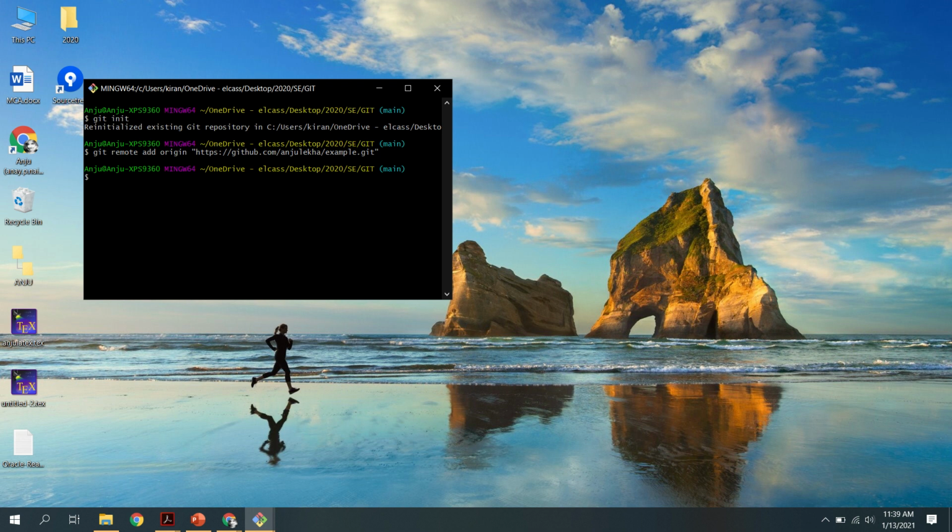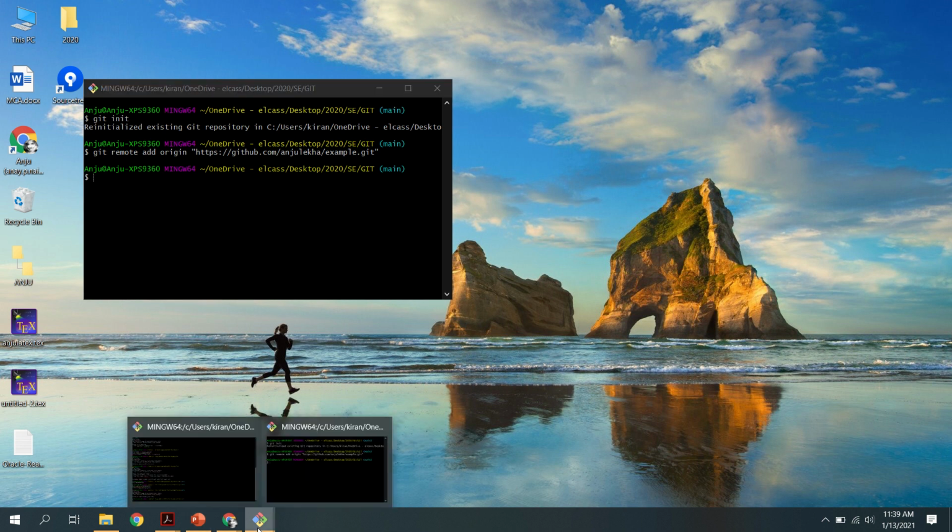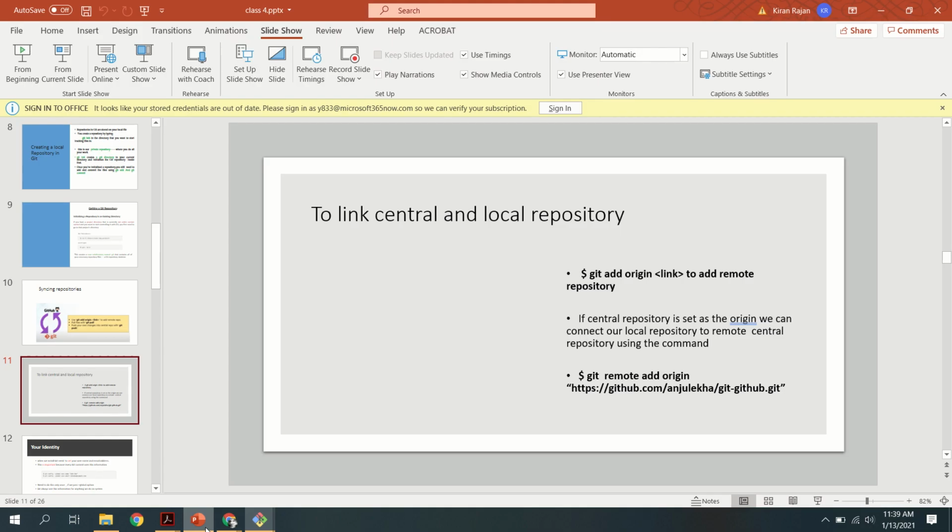Everything was okay. You didn't get any errors. So that means that now your local repository is connected with your remote repository. Okay. So now the connection is okay. The linking, or the syncing, between the local and the remote repository is okay. So that task is over. So what you did is you created two repositories. Then now you connected these repositories together.